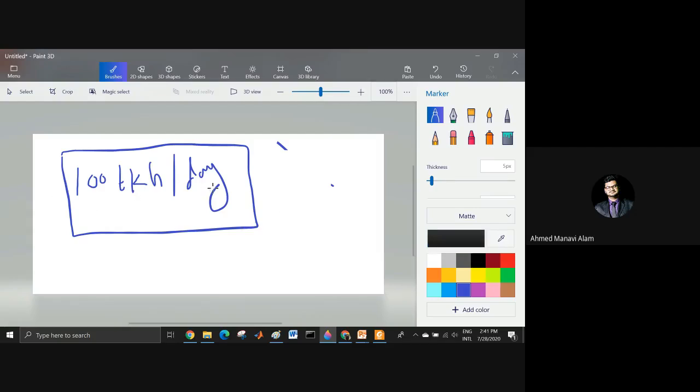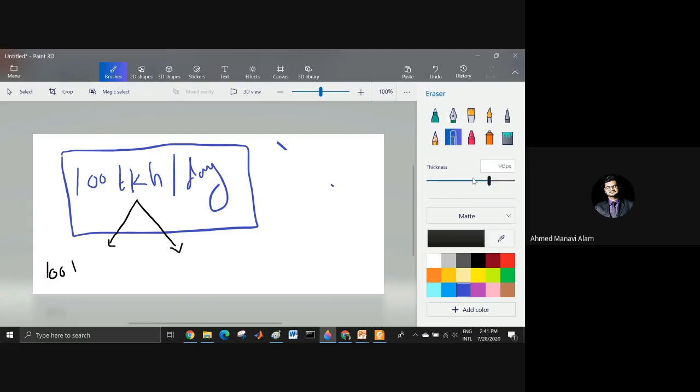What does this mean? This means you are spending 100 taka per day. There is no denying that. But these things can be expressed in two ways. What are the two ways, sir? These two ways are you are spending 100 taka,